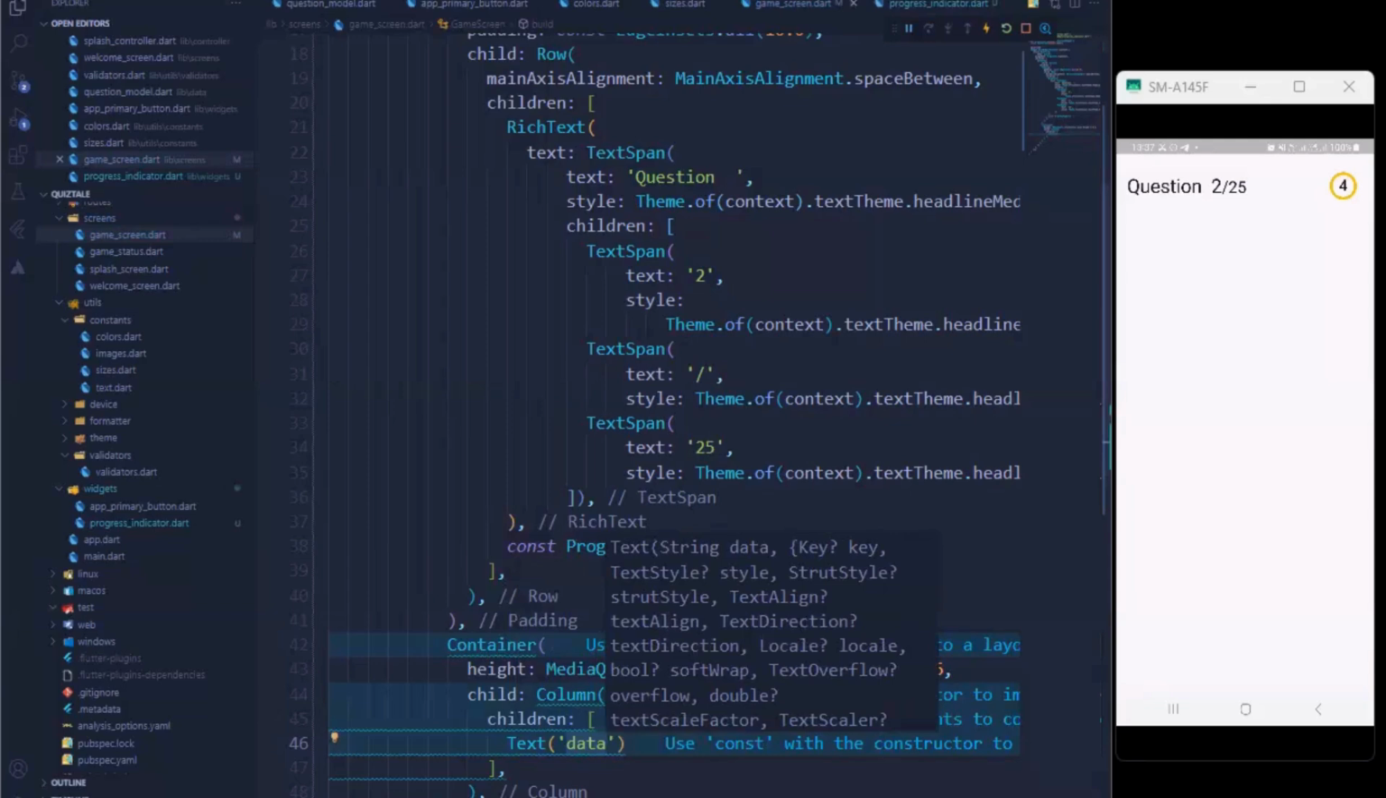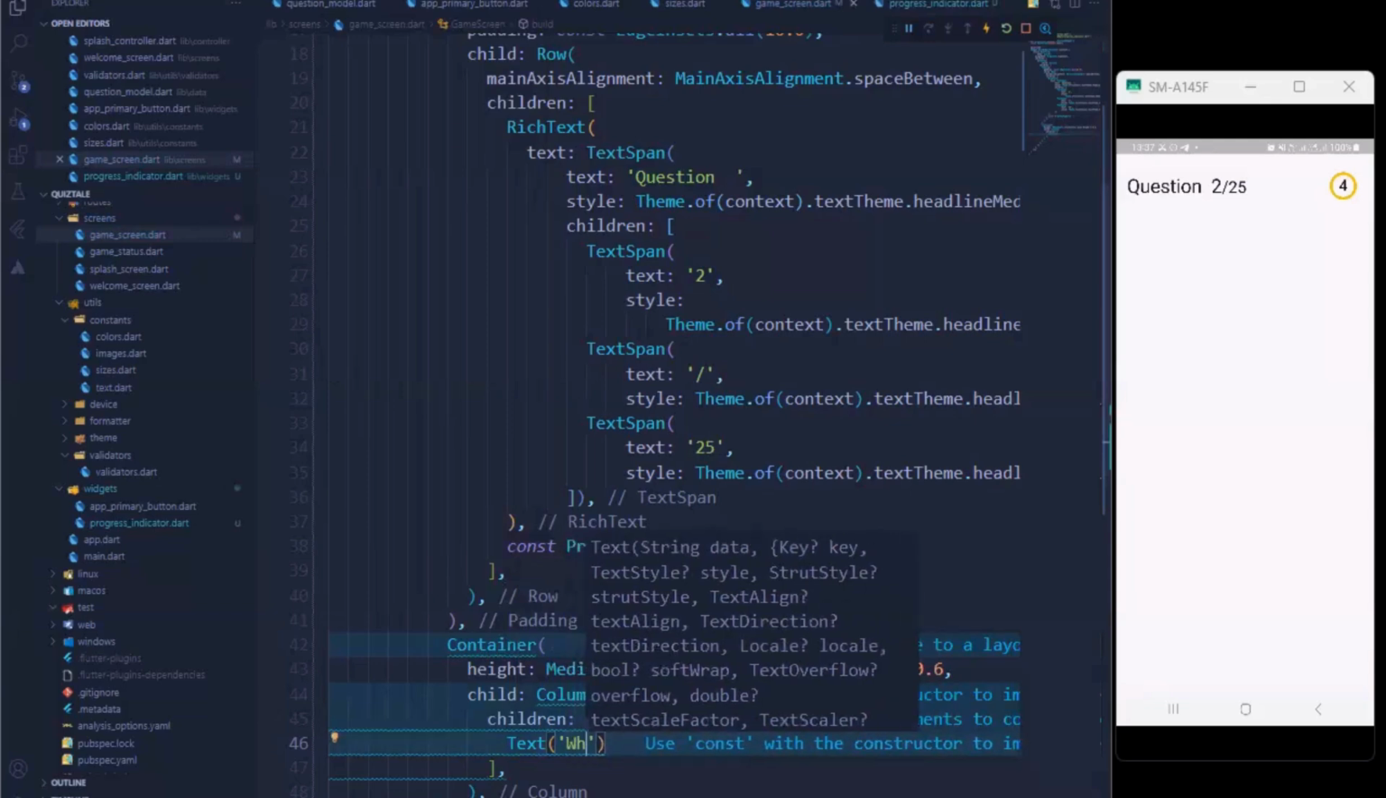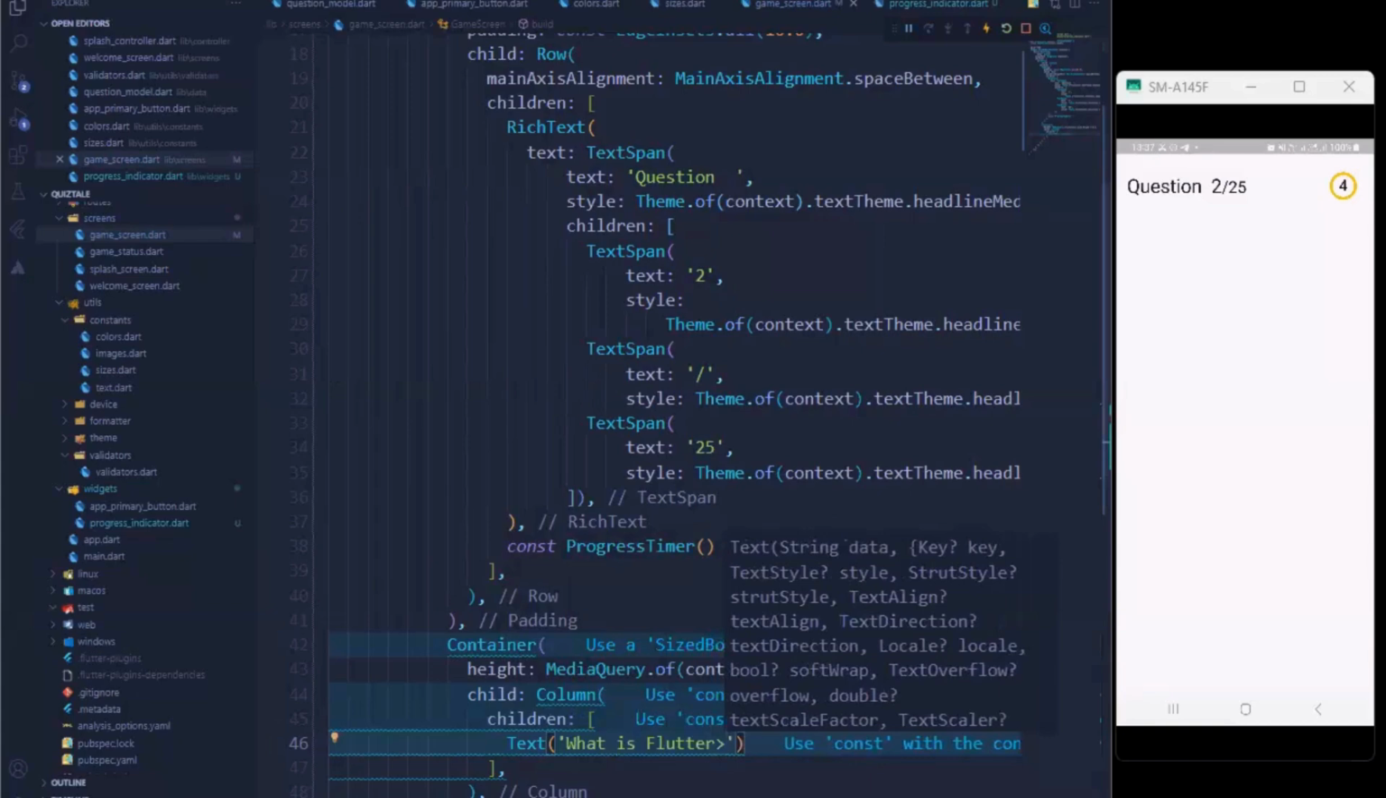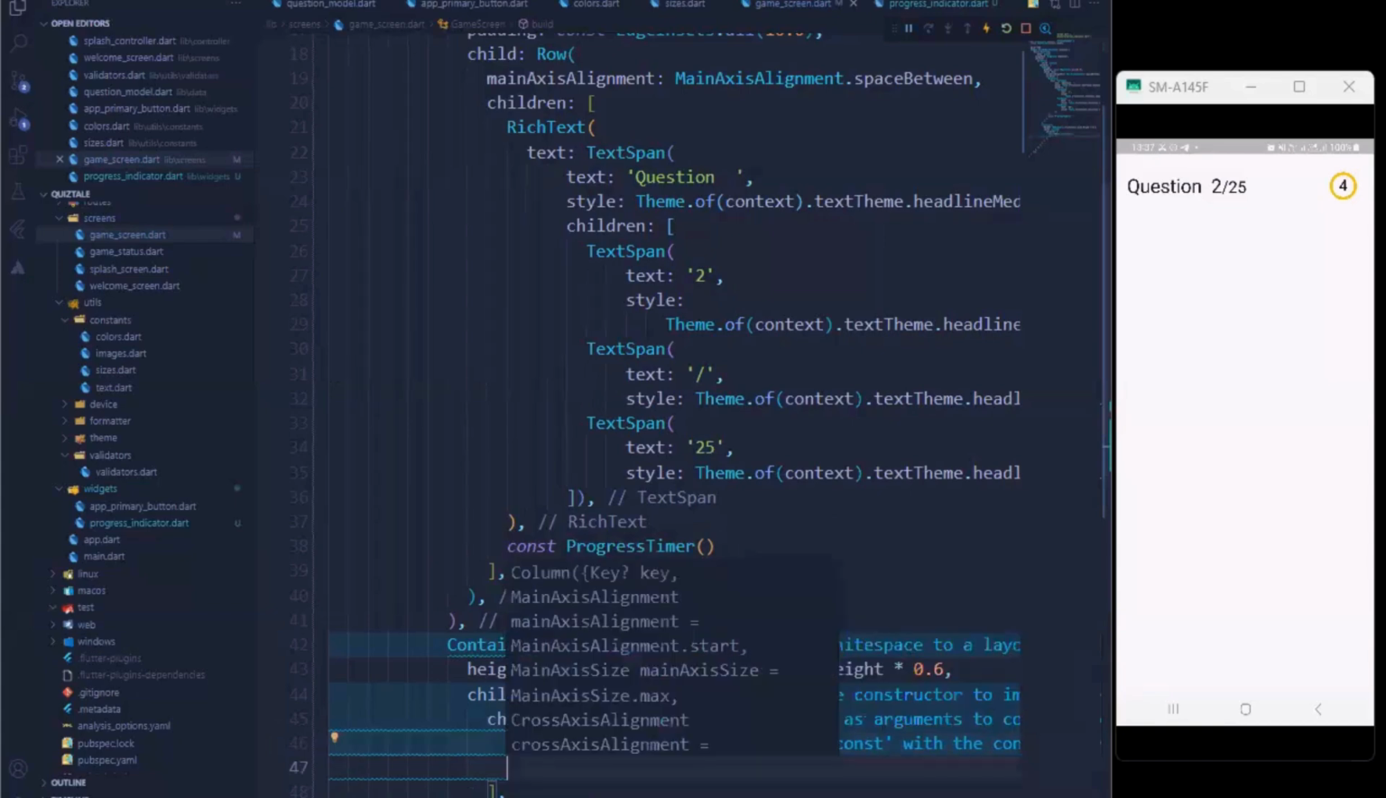Could just say, what is Flutter, right? So that's just that. I'll do some adjustment later. Now, let's add a